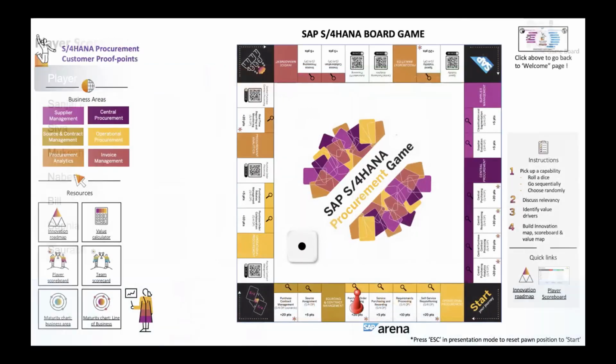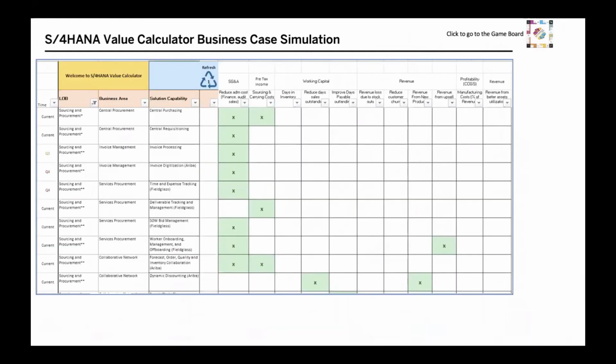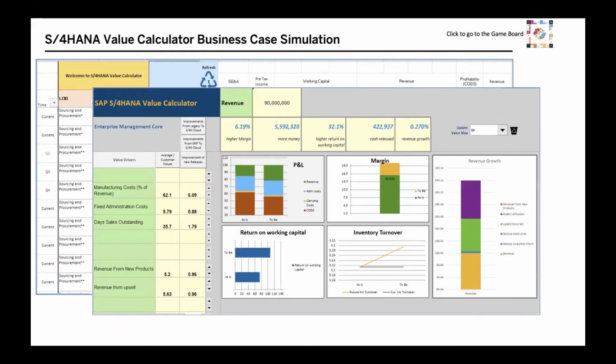So as you can see, this game not only helps you in learning about S4 HANA, but also it creates certain outputs for your organization, like your roadmap, your accountability metrics, and last but not the least, the secret sauce of the game. We will actually show you a value calculation simulation during the game, right? So once you select all the capabilities in the roadmap, we can select the capabilities in this very simple calculator where we have the capabilities of S4 HANA mapped to the financial impact areas, right? So here you can see the procurement capabilities mapped to these financial buckets, right? And then we can simulate and show you the high level impact of the capabilities you're choosing as relevant